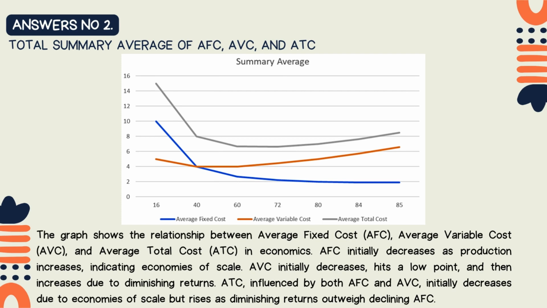The graph shows the relationship between average fixed cost, average variable cost, and average total cost in economics. AFC initially decreases as production increases, indicating economies of scale. AVC initially decreases, hits a low point, and then increases due to diminishing returns. ATC, influenced by both AFC and AVC, initially decreases due to economies of scale but rises as diminishing returns outweigh